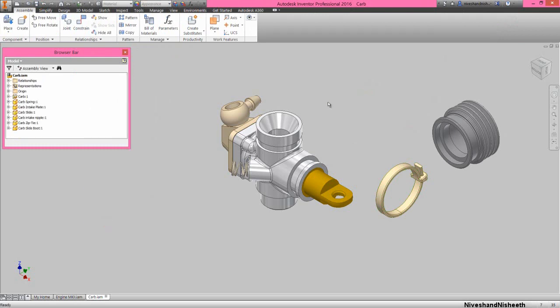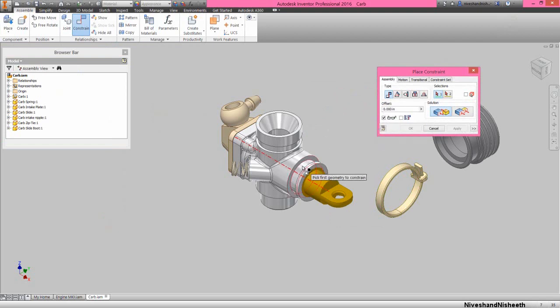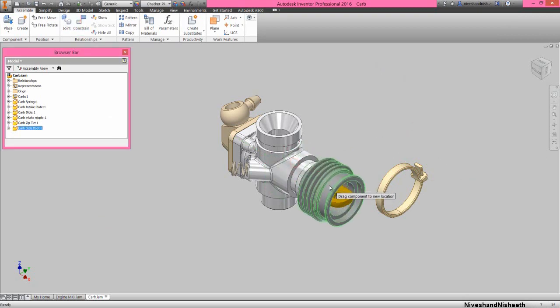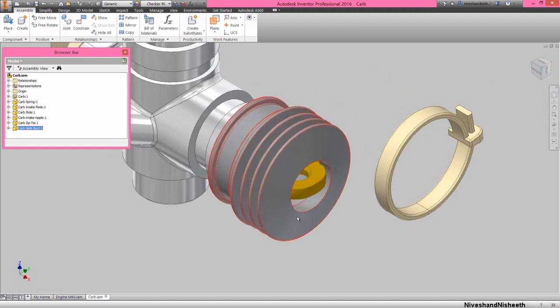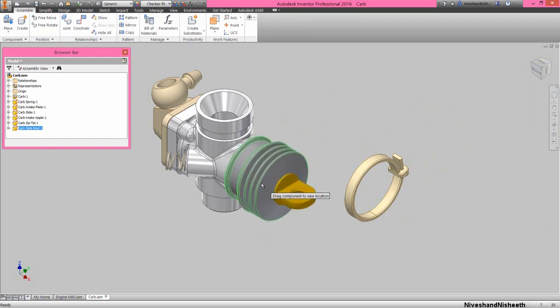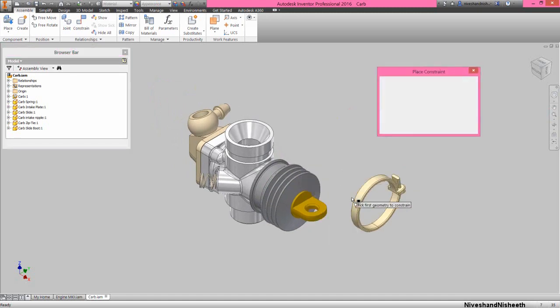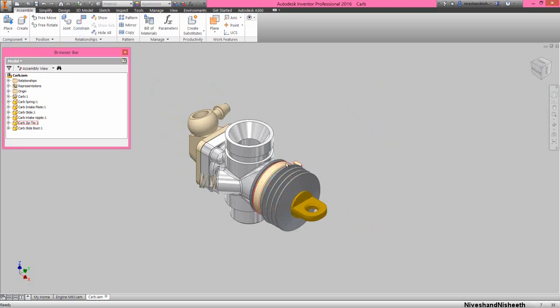Now activate the constraint command and select this slot axis of carb part and this cylindrical face of the carb slide boot part and apply mate constraint between them. Okay, now rotate the carb slide boot part in this position. That's it. Drag this part from here and apply the mate constraint between this cylindrical face of the carb zip tie and this cylindrical face of carb slide boot. Okay,